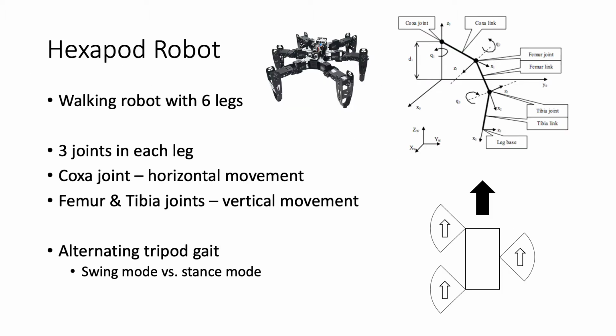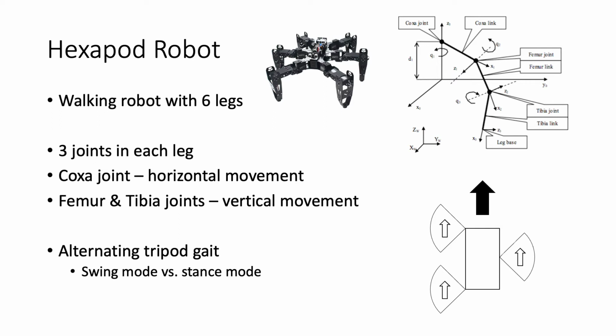So the system we will look into is a hexapod walking robot, which is a locomotive robot with 6 legs. There are 3 joints in each leg, and the coxa joint is the joint that is attached to the body and connects the body to the leg. And the femur and tibia joints are within the leg and take care of the vertical movement of